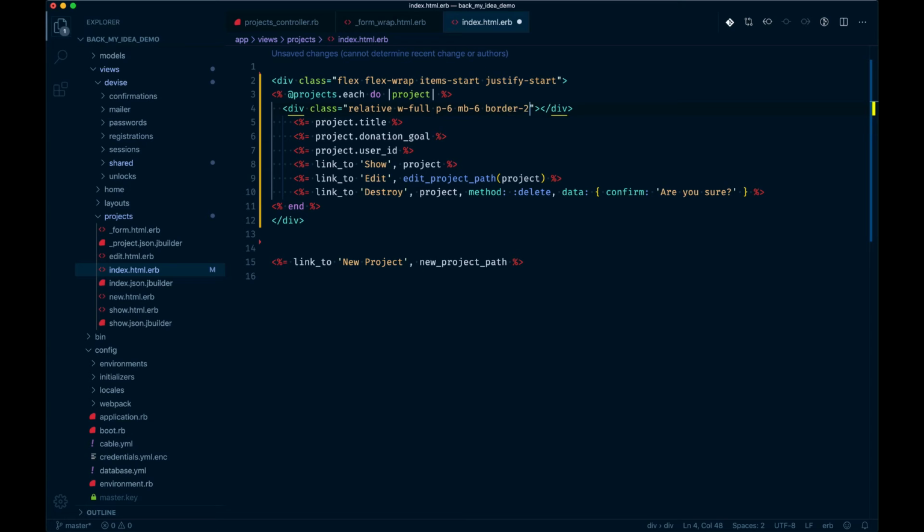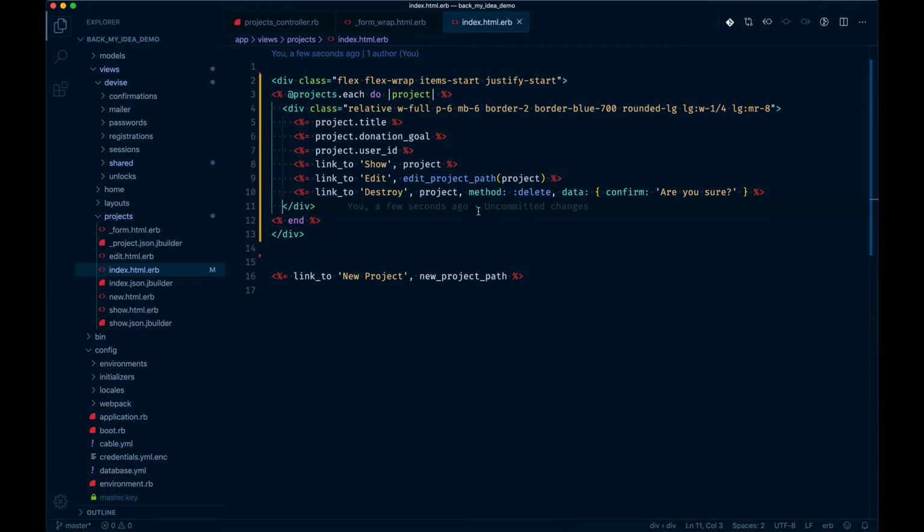Border will be a thicker border, border blue 700, rounded, large, and the large screens will do a width of 1/4. Large margin right, so otherwise it's going to be width full on mobile. So this is within the each block,